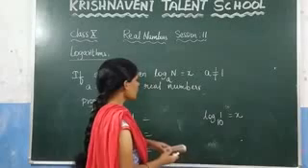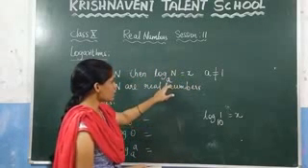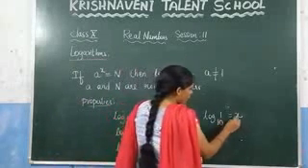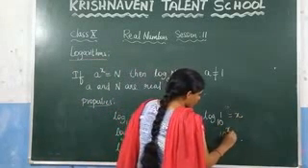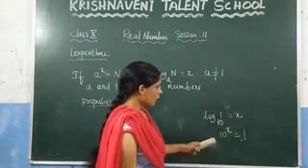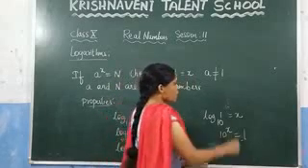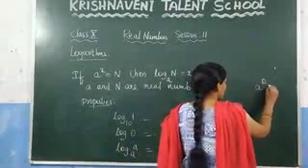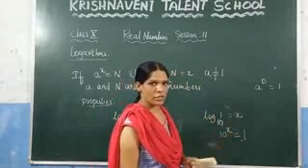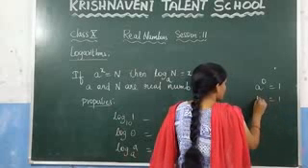How can we write it? If log n to the base a is equal to x, we can write it as a power x is equal to n. In the same way, here we can write 10 power x is equal to 1. Now, what is the value of x? Can we express 1 with the base 10? Yes, because you know that anything to the power of 0 is always 1. We discussed this while discussing the laws of exponents. So we can write this as 10 power 0.